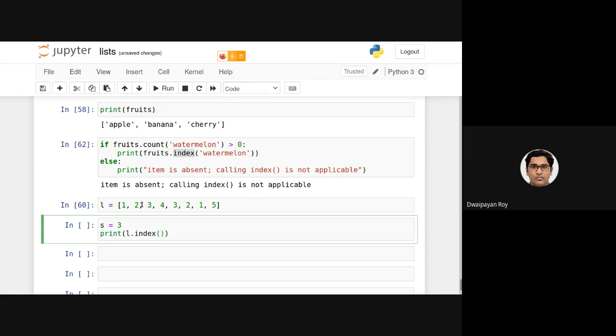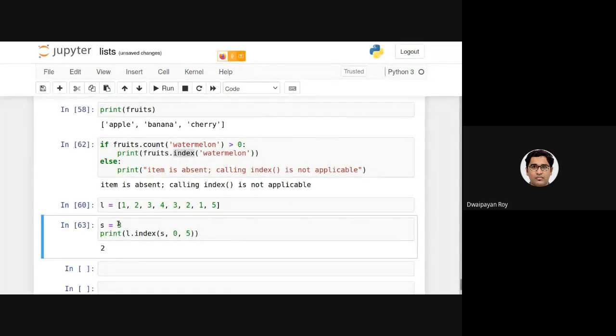So I want to check the first 5 locations, so I'll be providing the item that I want to search, in this case S, then the starting 0 and the ending 5. You can see S or 3 is present in this location. But now, as you can see, there is a catch. 3 is also present here as well.